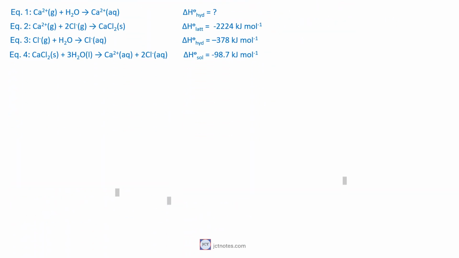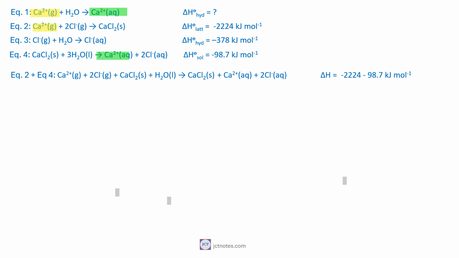We need to get the equation 1. We see that the ion calcium in form of gas as reactant in equation 1, also appears as reactant in equation 2. The aqueous ion calcium that appears as product in equation 1 also appears as product in equation 4. If we add equation 2 and equation 4, we can eliminate the calcium chloride on both sides of the equation